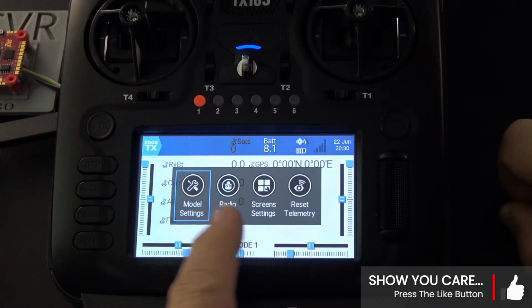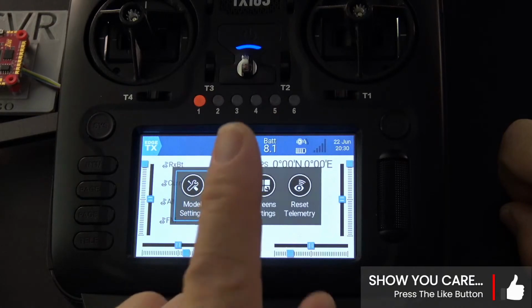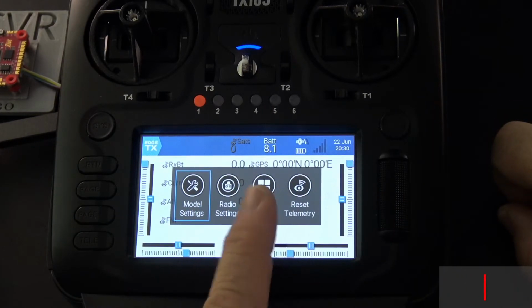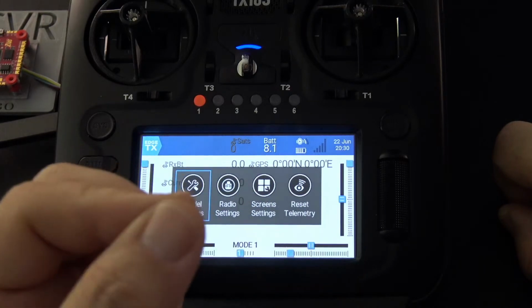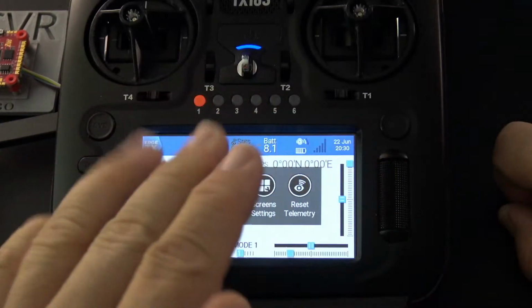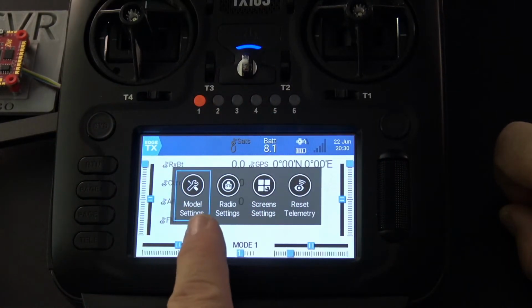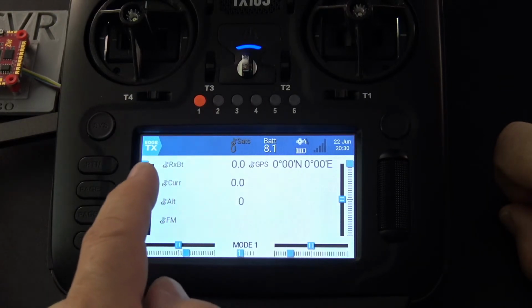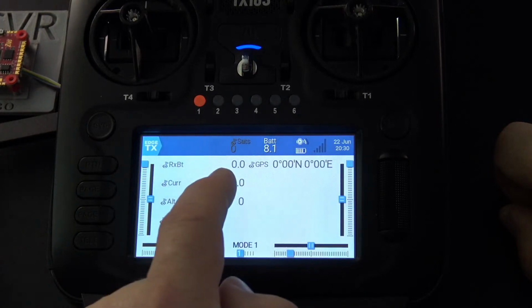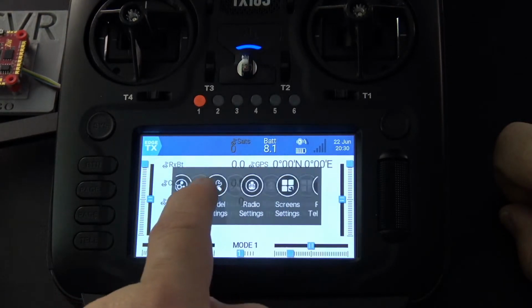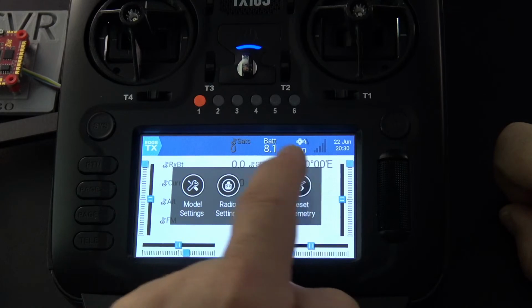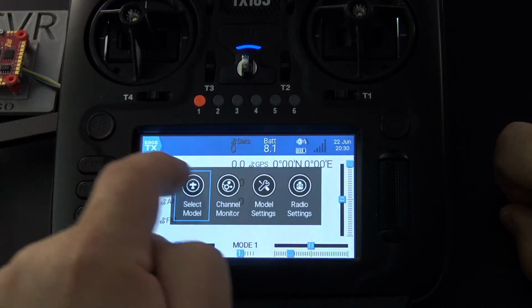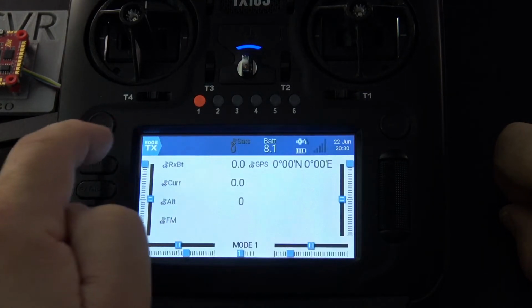And then also notice what they did in the quick menu. I'm not sure if they said this was going to be editable or not. Maybe. It wouldn't surprise me, but I can't say that for sure. But notice what they have on here. They've got radio settings, screen settings, your reset option, which lets you reset your flight parameters. Where did that go? Reset. Okay, maybe that's not sure what that is.